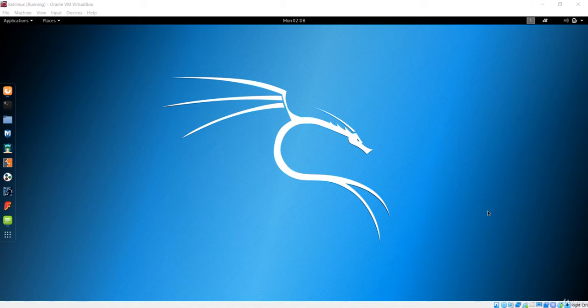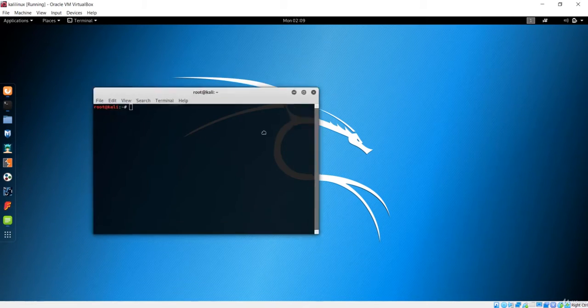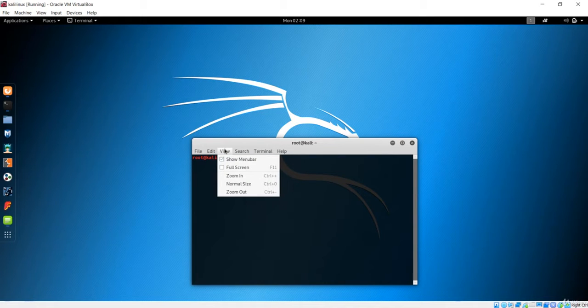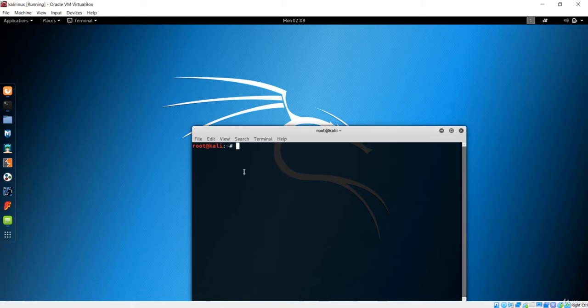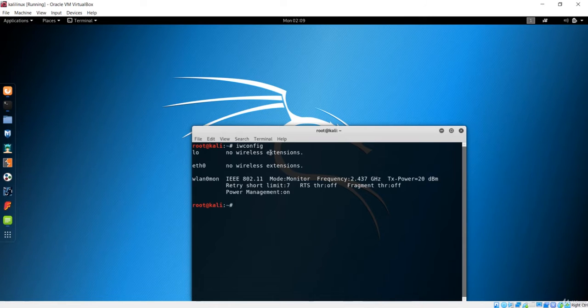Welcome to this lecture. Now we'll see how to crack the WPA key of any network. First of all, as I have already told you, in order to get all the packets that are sent across the Wi-Fi range, you have to first get your Wi-Fi card from the managed mode into the monitor mode. So let's check our configuration, and in my case it is in the monitor mode. If you are in the managed mode, first convert it into the monitor mode.